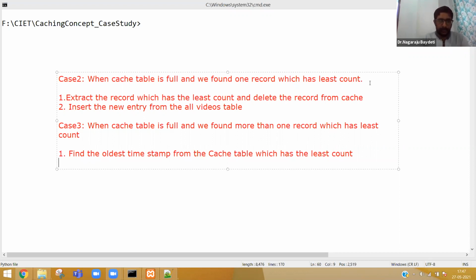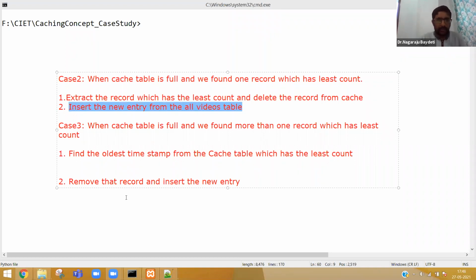Now, second, once you find it, then remove that record and insert the new entry. That is common. So step number 2 is common in case 1 or case 2.